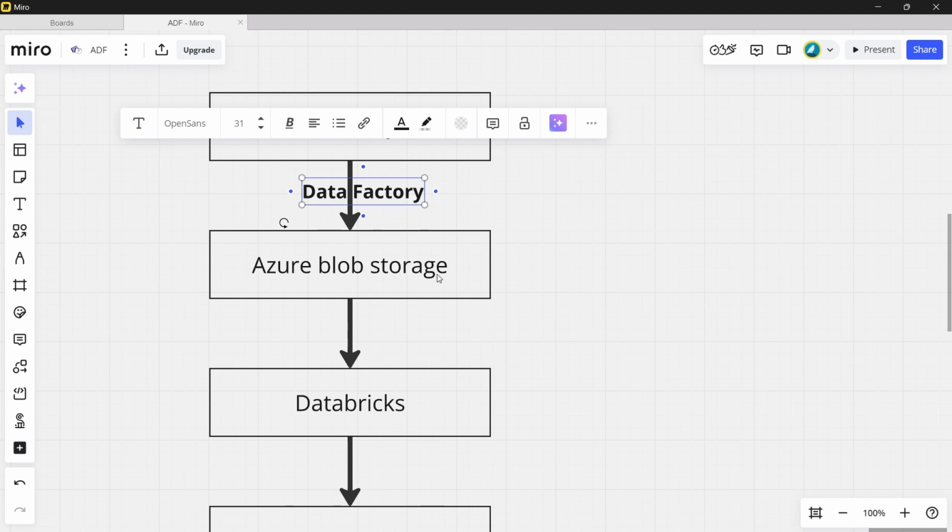We will be using Azure Blob Storage or Azure Data Lake Storage. And here we will select the enable hierarchical namespace for better organization. Then we will organize our storage with this structure. So raw data zone for initial copies, process data zone for transformed data, and curated data zone for business ready